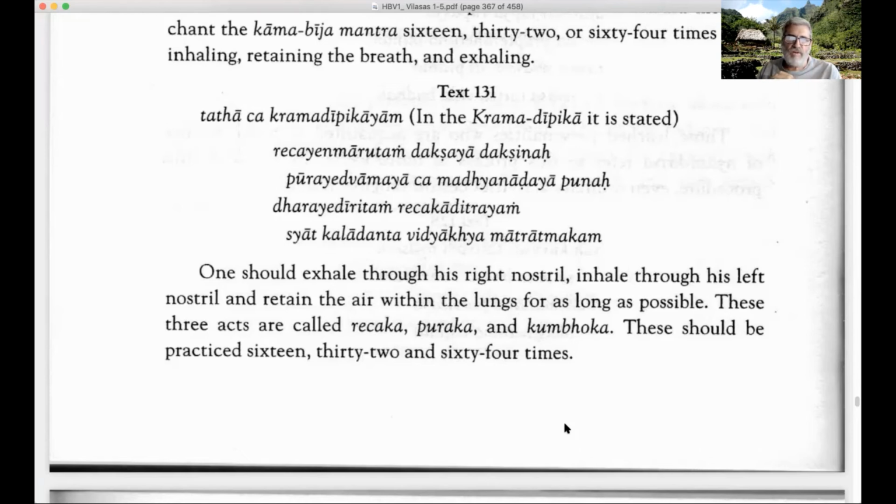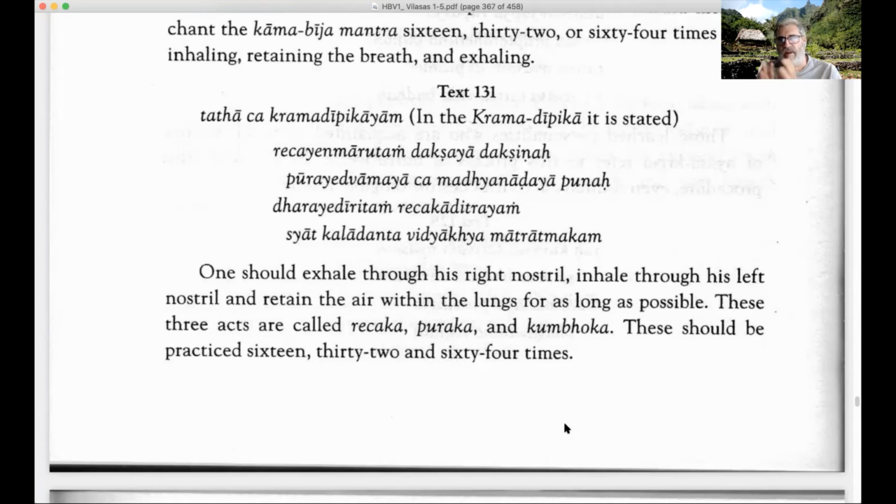Text 131: one should exhale through the right nostril, inhale through the left, and retain air within the lungs for as long as possible. These 3 acts are called Rechaka, breathing out, Puraka, breathing in, and Kumbhaka, holding. These should be practiced 16, 32, and 64 times. So holding 64 times, breathing in 32 times, and exhaling 16 times.